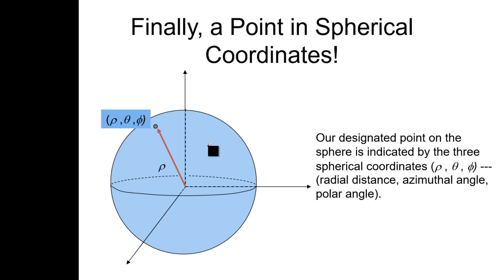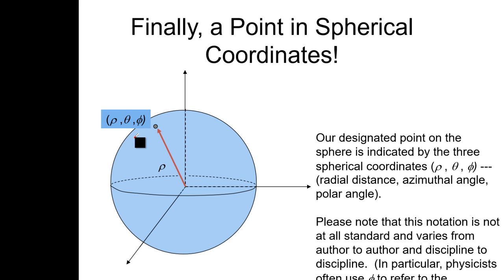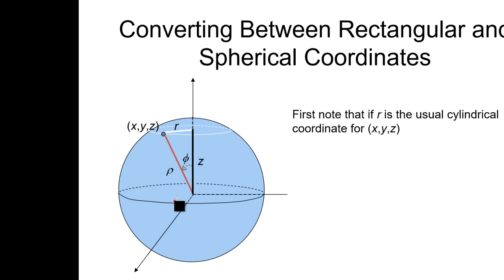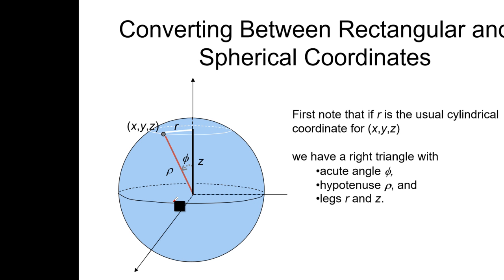Okay, so these three coordinates are what we call spherical polar coordinates, and the names of these coordinates are radial distance, azimuthal angle and polar angle. So this theta is what we call the longitudinal angle, and that longitudinal angle is called the azimuthal angle, and the polar angle is phi. Thus we have derived and understood the meaning of these three coordinates in the spherical polar system. Now, how to convert the coordinates with the spherical system?